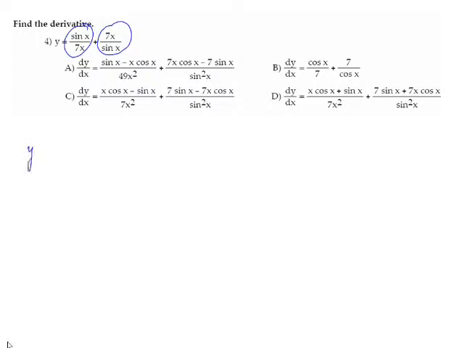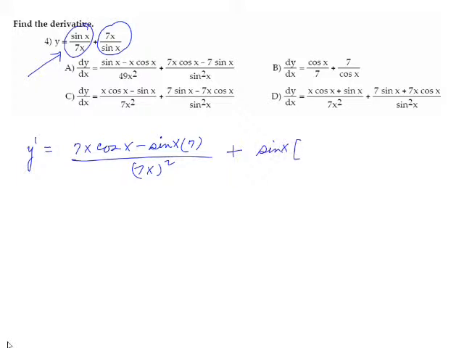So the first derivative, using the quotient rule, remember, would be the denominator times the derivative of the numerator, which is cosine of x, minus the numerator, which is sine of x, times the derivative of the denominator, which is 7, divided by the denominator squared, which is 7x quantity squared, plus, using the quotient rule again, it would be sine of x